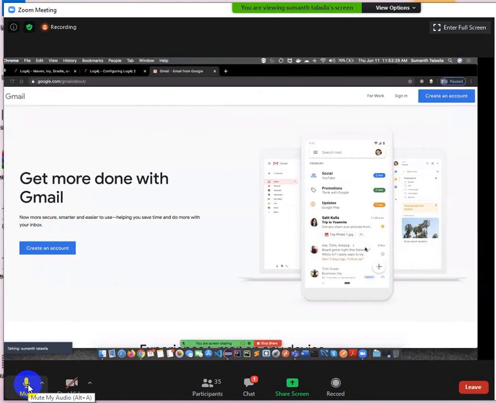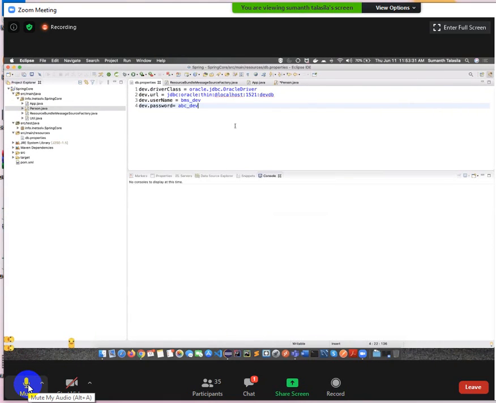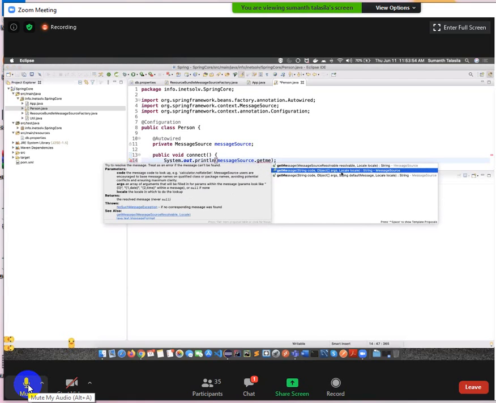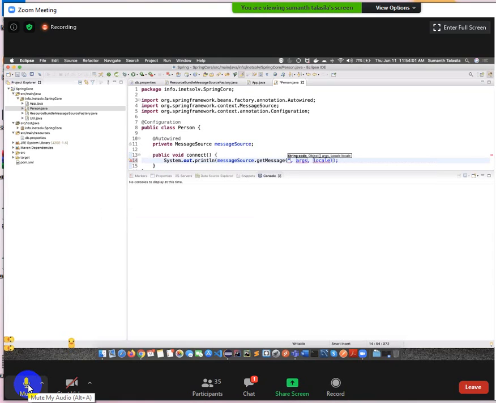Now, with respect to that answer, do you think that database usernames and passwords are going to change based on language? For all the languages, same username, same password. The database username will not be in Telugu, it is in English only. So in this example, in getMessage, do these arguments make sense? They don't make sense, they are not required. But anyway, try that.